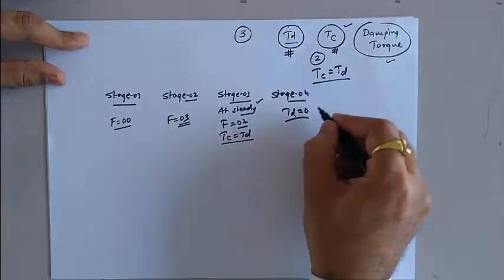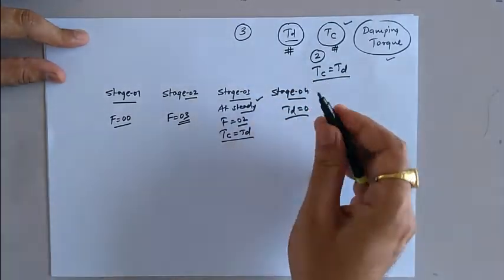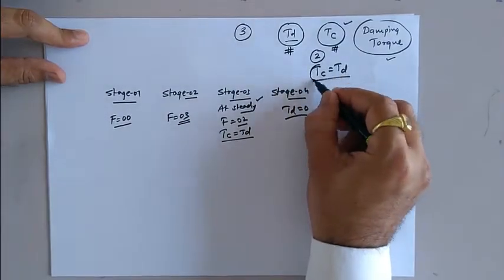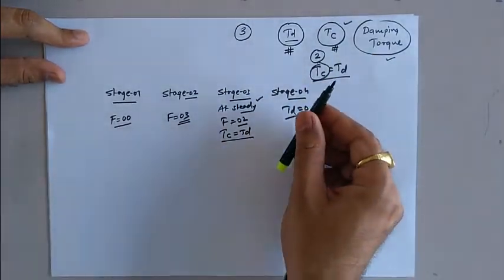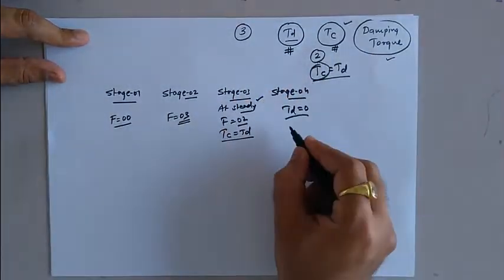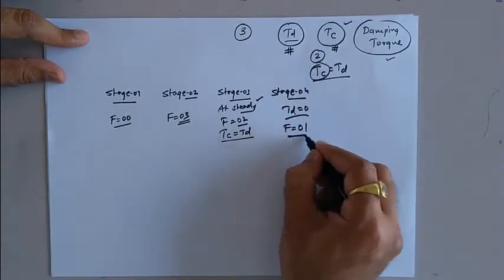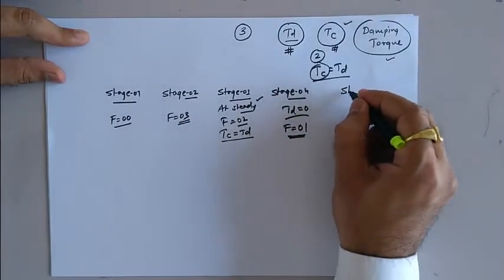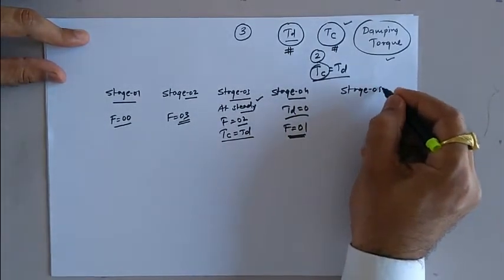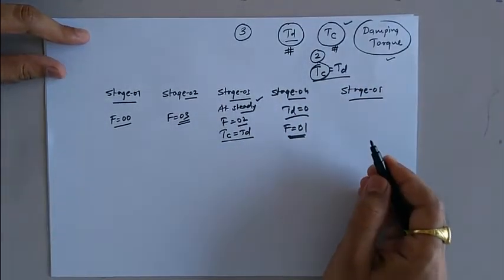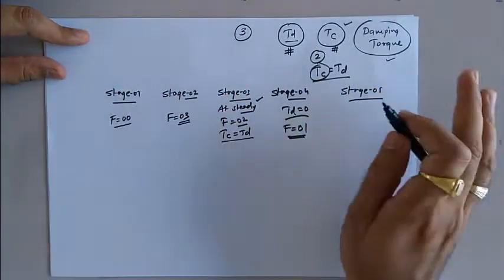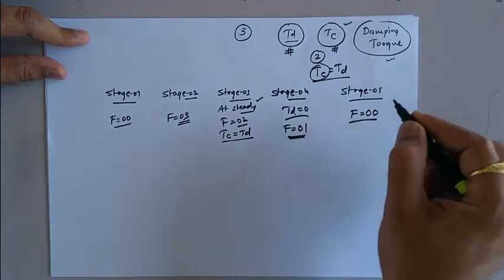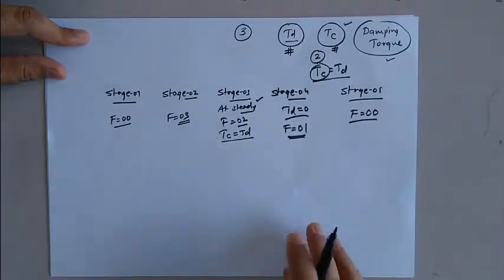And in this case, or you can say at this instant, there will be only one force acting on the pointer, that is nothing but a controlling torque whose main function is to bring back the pointer to its initial position. So here we are having only one force acting in that instrument. And let us consider this last stage, or you can say last instant, when the instrument is completely disconnected from the circuit, and again the total number of forces developed in that instrument are going to be 0.